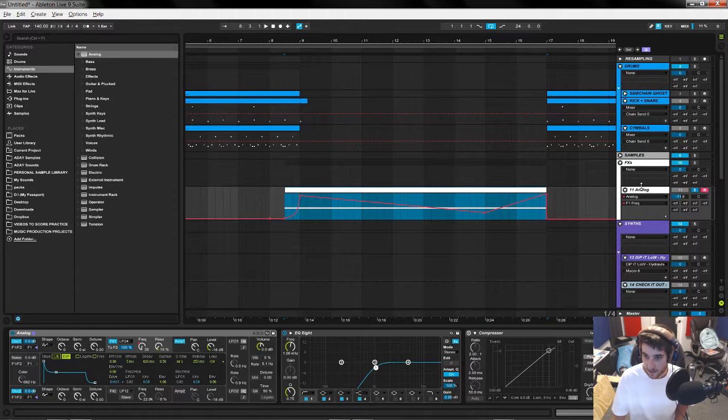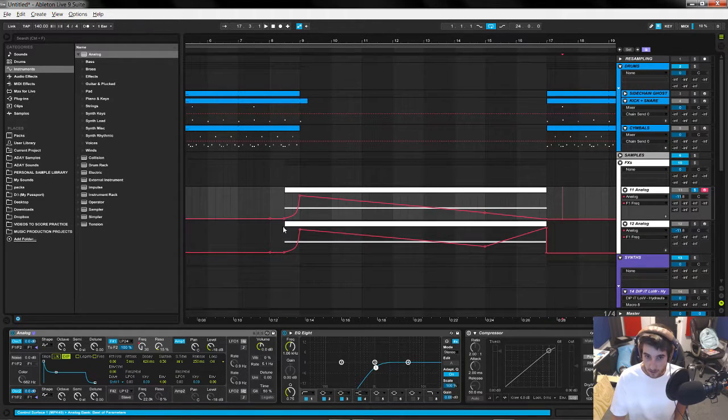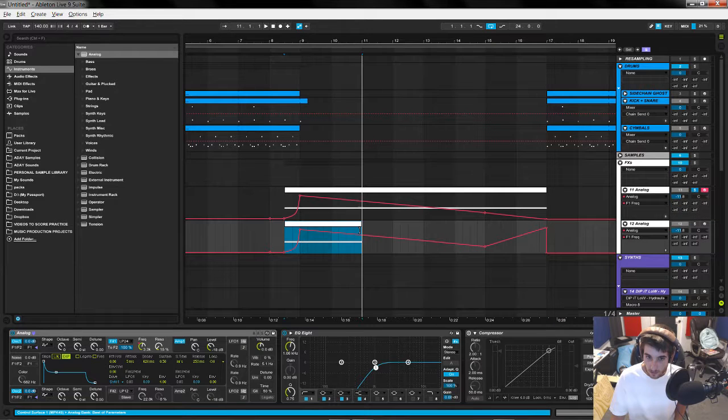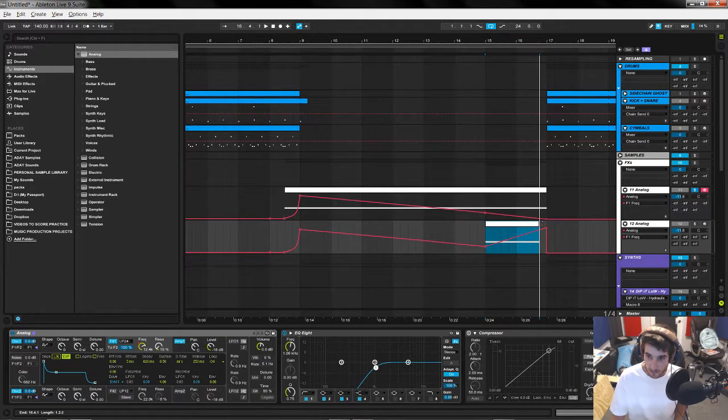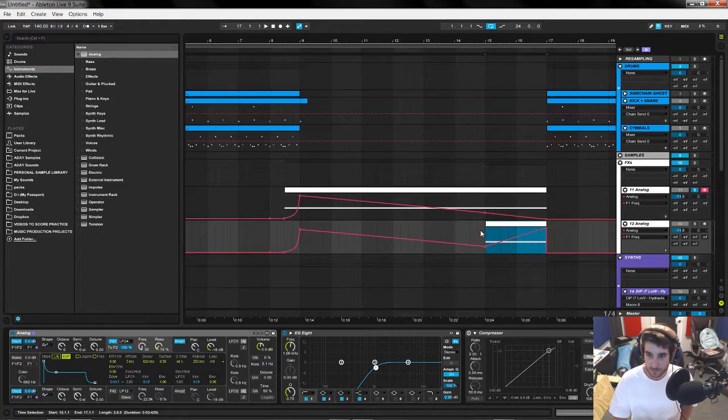I got it. I'm gonna make a new channel for the upsweeps. Also, you see how I'm moving it without the automation going? You just lock the automation, and then you can move it around and not have to worry about the automation copying with it. It's a cool little secret.